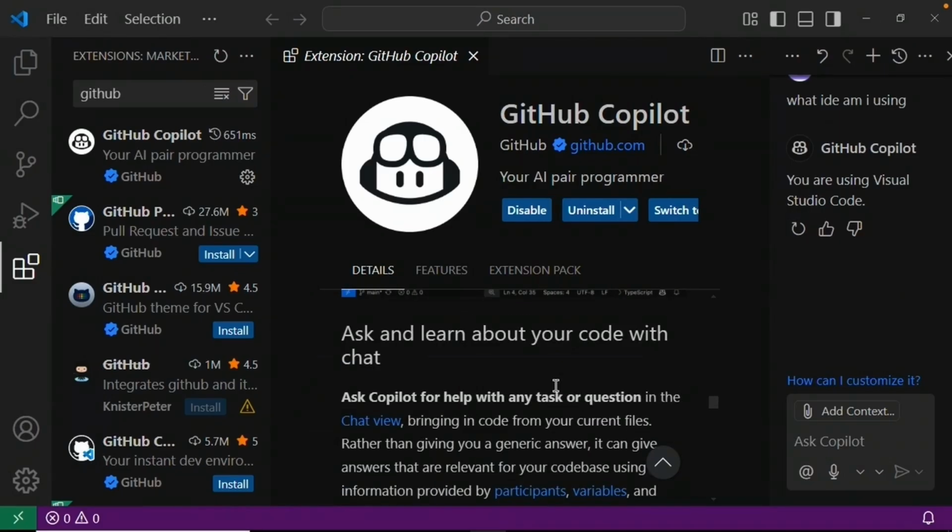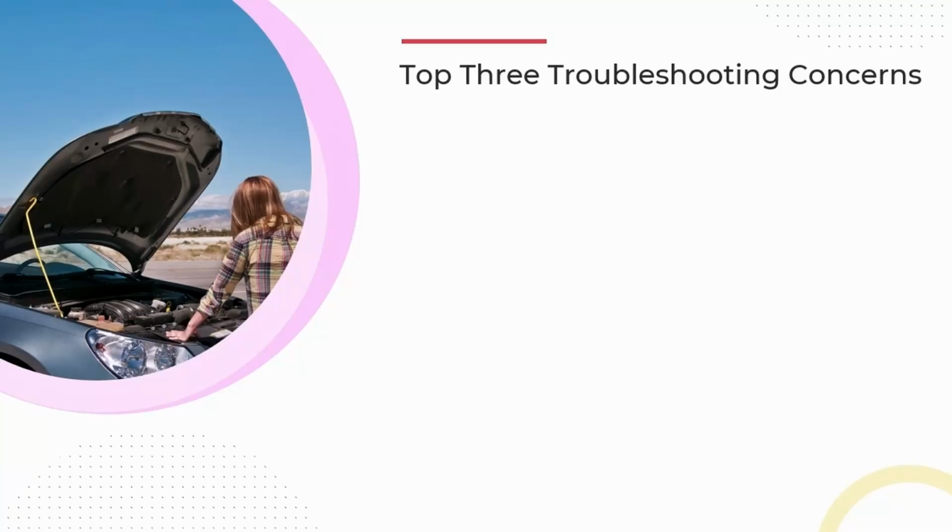With GitHub Copilot successfully installed and configured, you're now ready to take advantage of its AI-powered coding assistance features. In our next demonstrations, we'll explore how to effectively use Copilot for various coding tasks. Let's begin this video by looking at the 3 top issues that may happen when you first start working with